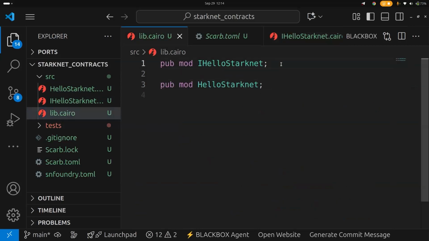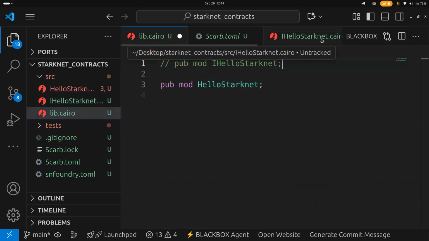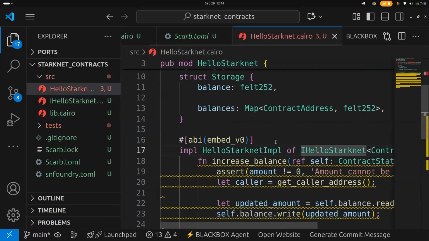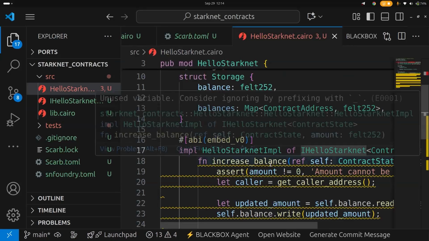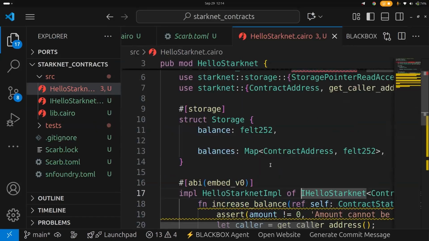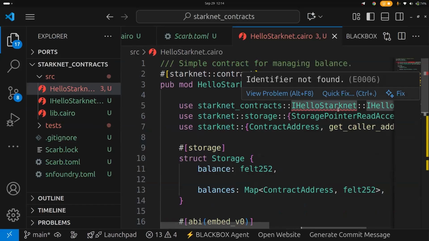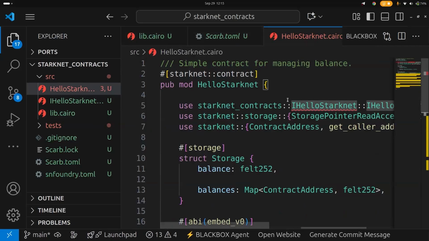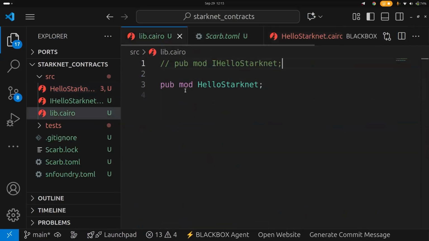So now if I come and I comment this out, if I come back to here, it cannot see it. Because it's telling you unused. Okay, yes, it's telling you identifier not found. Are we together? So let's uncomment it out. Let's bring it back. Are we together? So now, still in the concept of scope and modules,